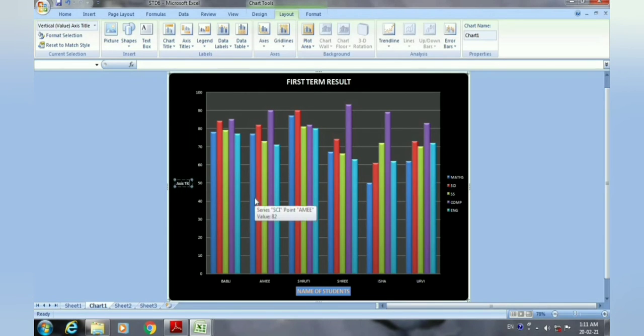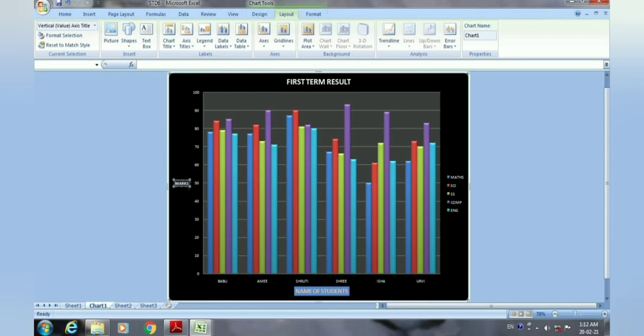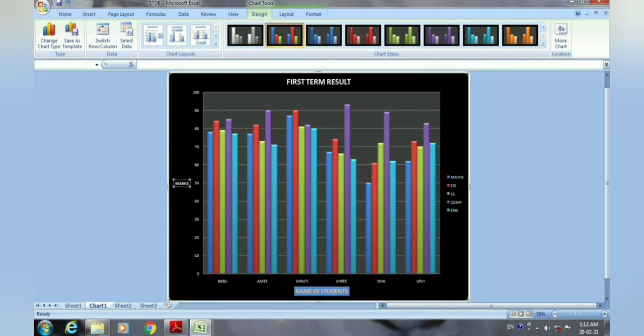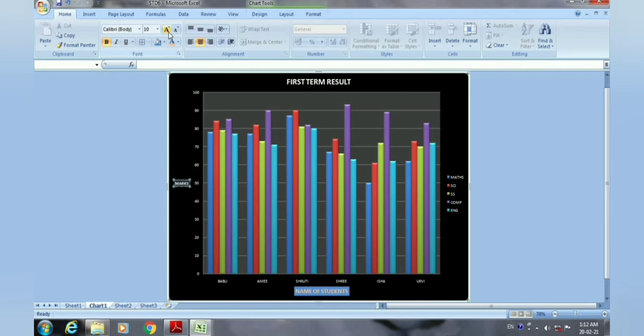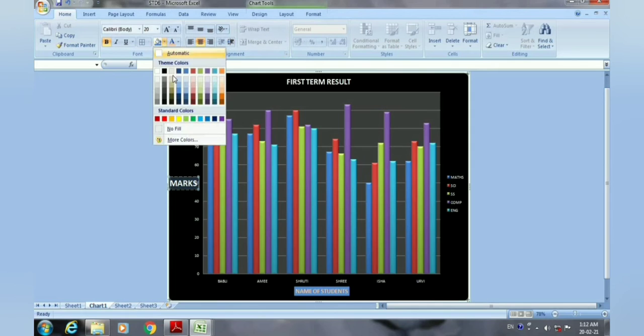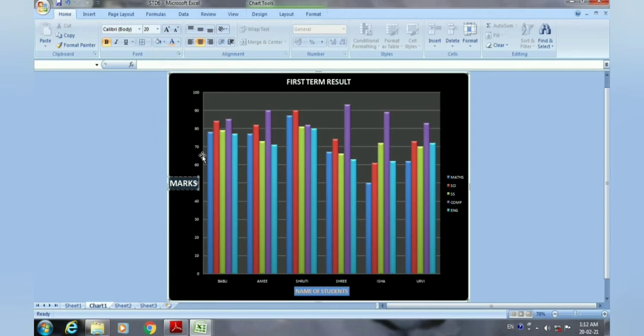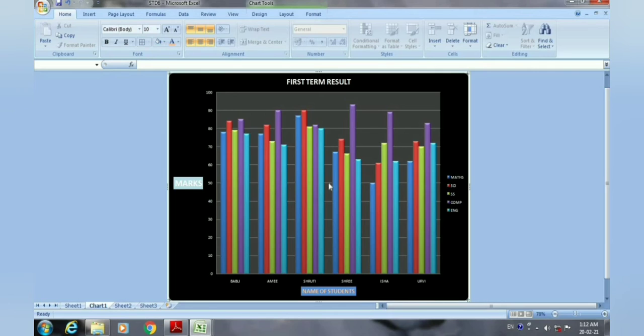Then take the cursor there, and there you just type marks. Then after you just select it, go to the home tab again, increase the size, and here also you can change the fill color according to your wish.